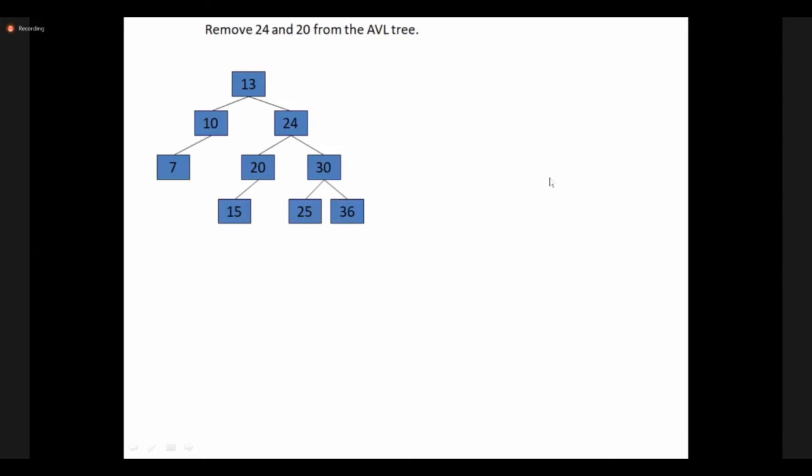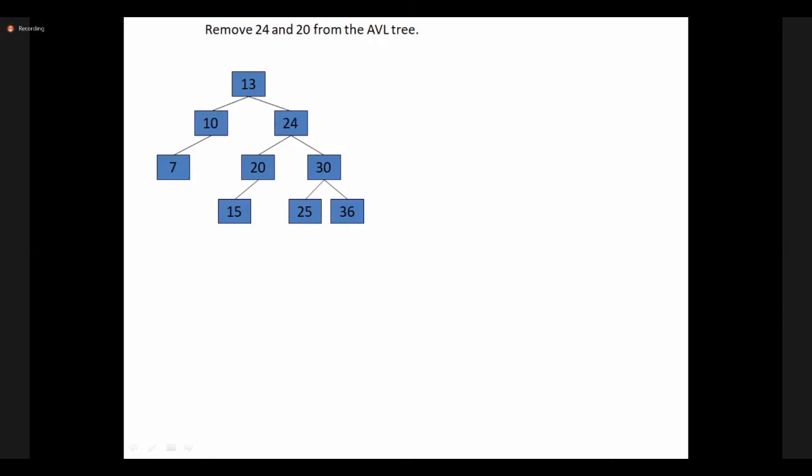This is my already built tree. Here I want to remove 24 and after that 20 from the AVL tree. Tell me the rules. If I want to delete 24, it has two children.